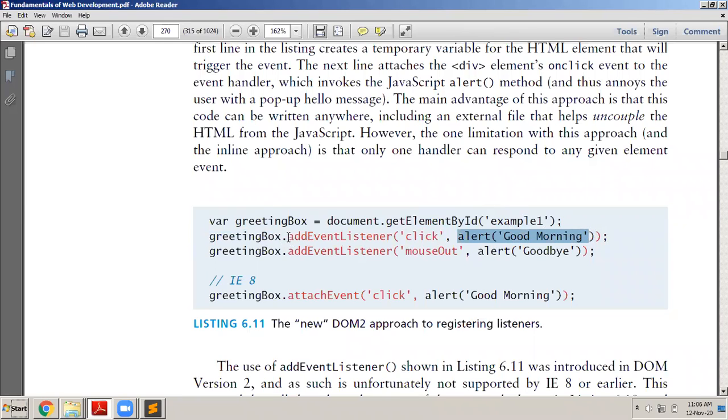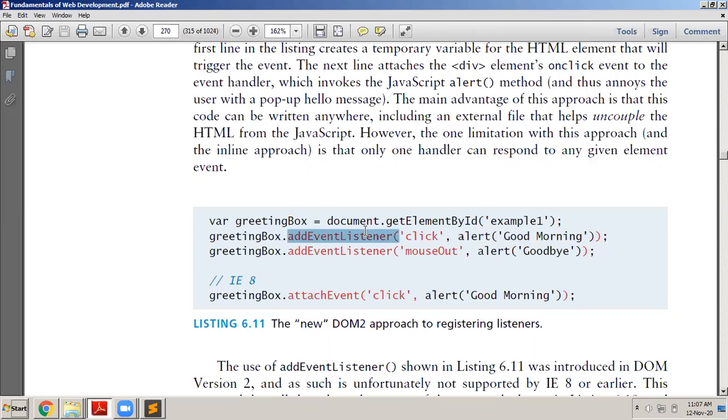So when I use the method addEventListener, a particular node dot addEventListener, I'm trying to register a listener to that particular element. What greeting box dot addEventListener means is, when this greeting box is clicked, execute this JavaScript. That is what I'm trying to say through this method addEventListener.